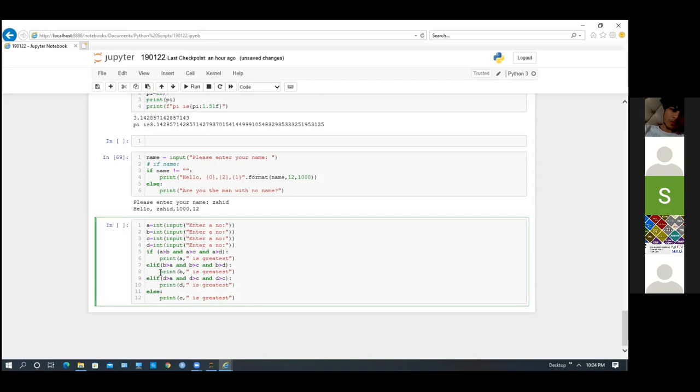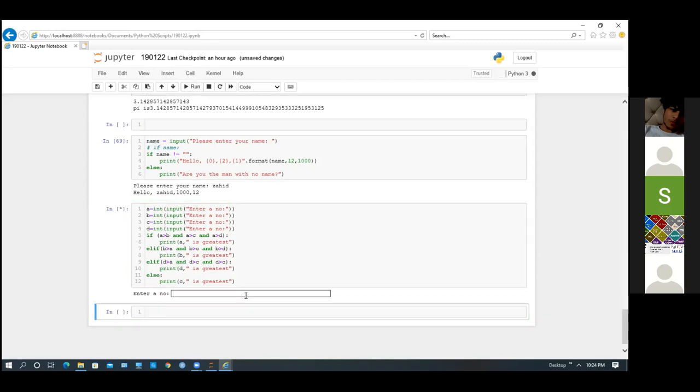Okay, sir. This is simple. Basically, when there is more than one condition, we write elif. Suppose there are two values, A and B. If A is greater than B, A is greatest, else B is greatest. Done. If there are 3 values, then you need to check for B also, right?